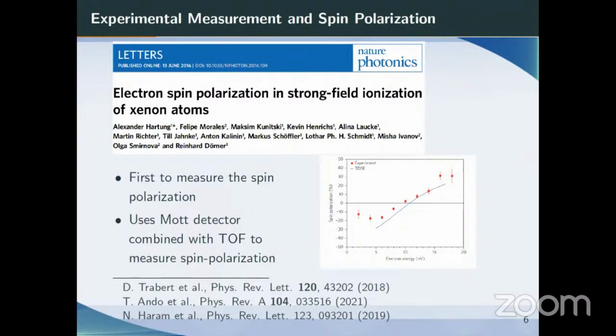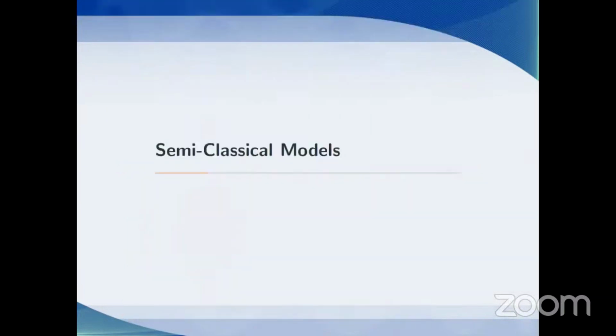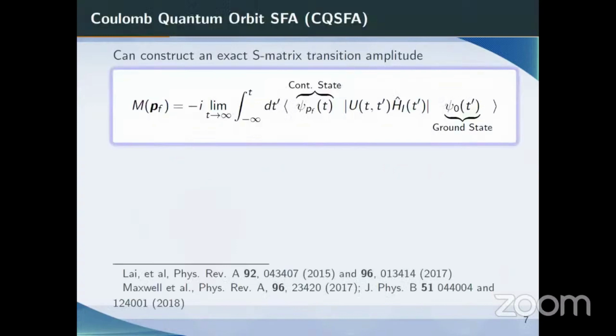And so, as I said, we want to look at these dynamical spin effects. To do this, we're going to use a semi-classical model, the CQSFA. First of all, I'm going to briefly go over the construction of this without spin and in the non-relativistic regime. So this is the S-matrix approach, which starts from the same point as the S-matrix SFA,